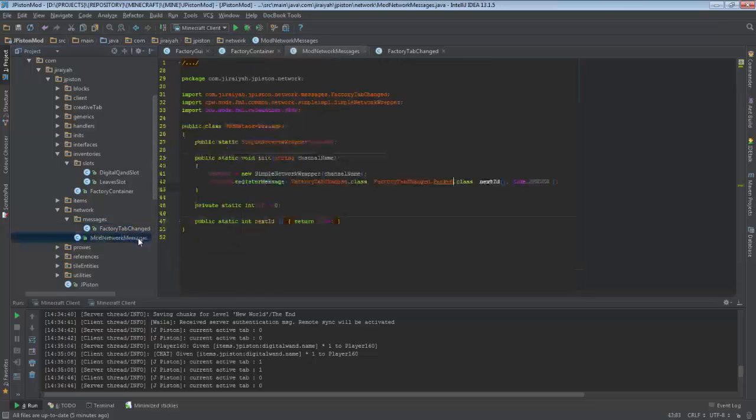First of all, our mod network message. Well, I just put public static SimpleNetworkWrapper network, but that's the name. And in our init, first we say it equals SimpleNetworkWrapper of channel name. Now the channel name